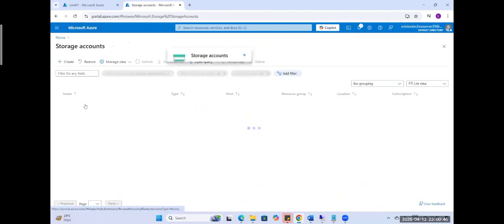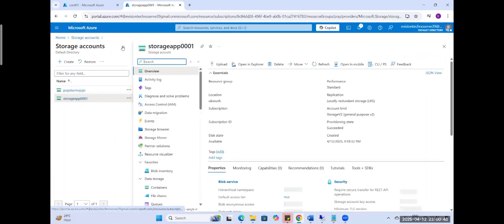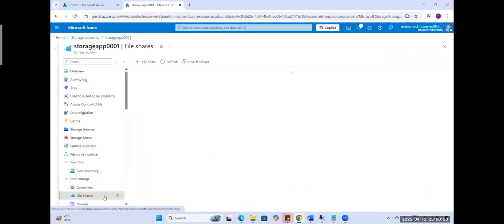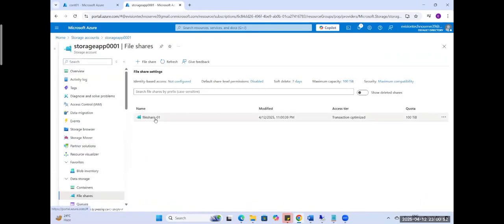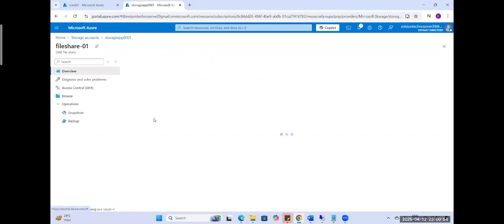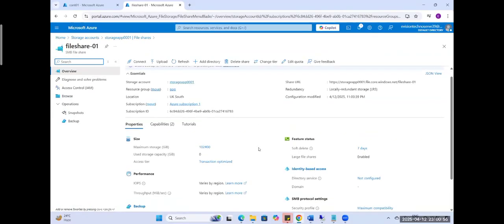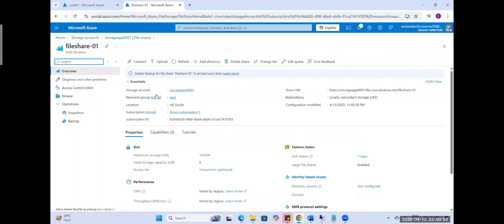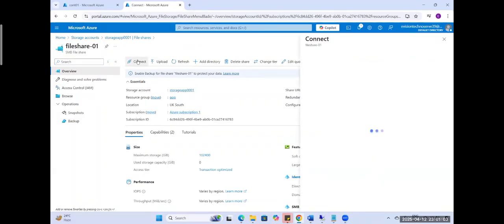Let me show you from the beginning. Go to the storage account, go to the file share, and now we have file share-01. Click on this. These are the details. ये सब इसकी summary है. There is one option, connect. So when you click on the connect option,